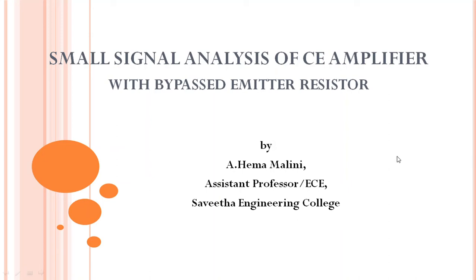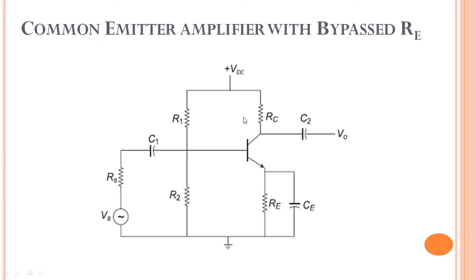Good morning, students. In this video, we shall discuss small signal analysis of a common emitter amplifier with bypass emitter resistor. Here, the figure shows a common emitter amplifier with voltage divider biasing, where C1 and C2 are coupling capacitors and C is a bypass capacitor, and R1, R2, and RE will provide biasing to this common emitter